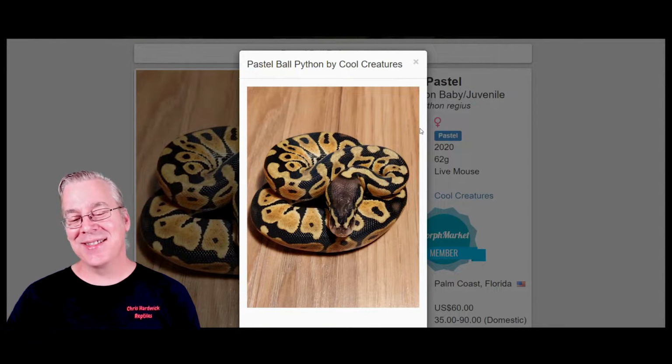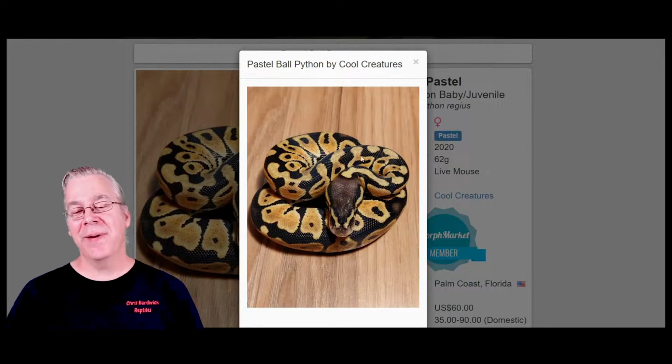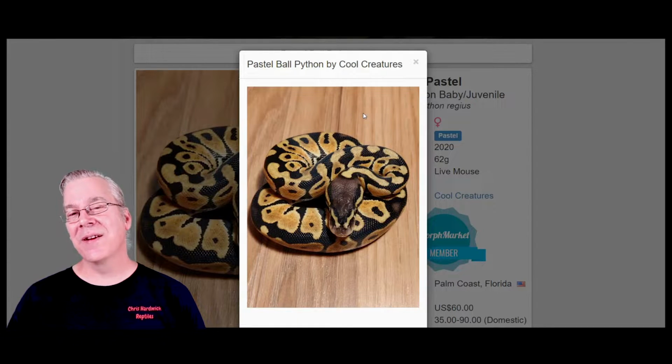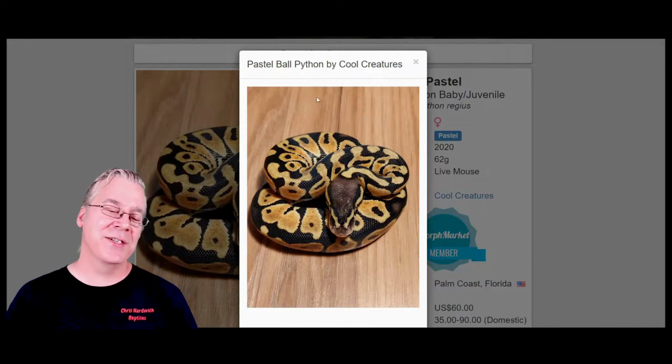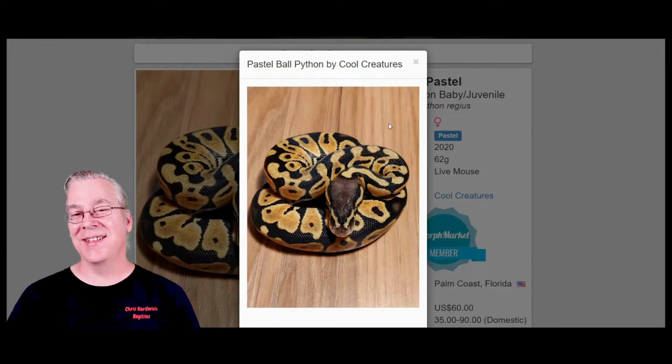This is what a pastel looks like. And the pastel essentially is a yellow snake. Some can be really bright yellow and some can be pretty browned out. It really depends on the line of pastel. And the pastels, I'd say a lot of times they'll really fade, kind of brown out as they age and mature. But I've seen a lot of pastel spider combinations that really keep their brightness as they age and mature,